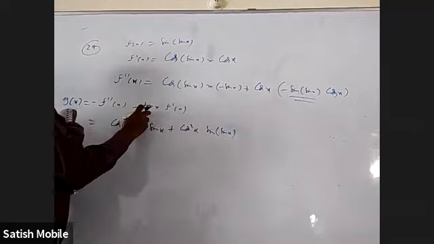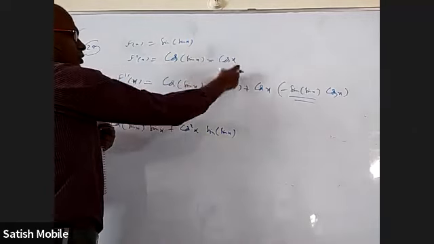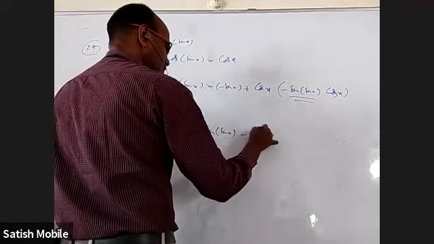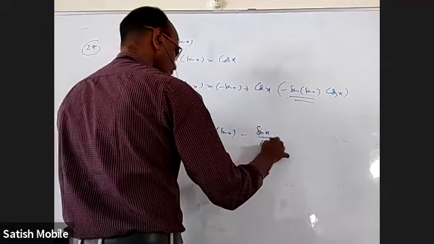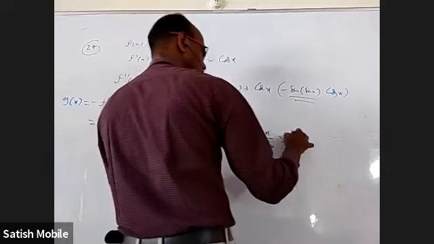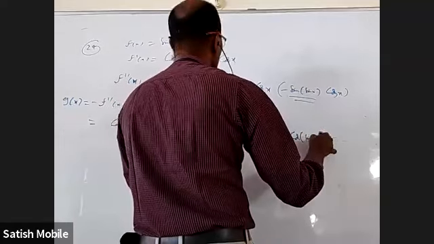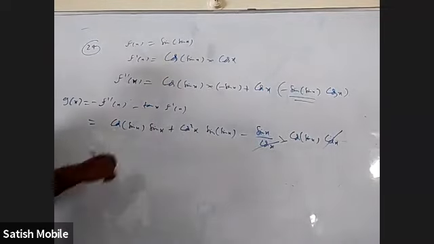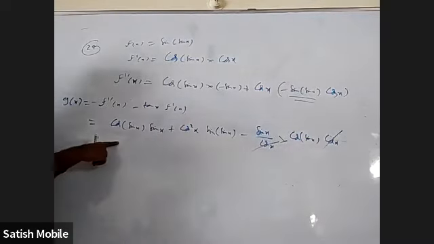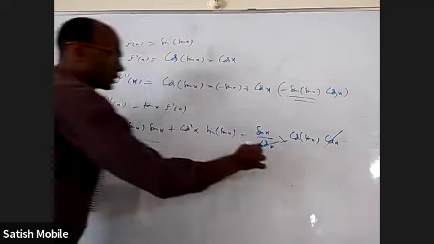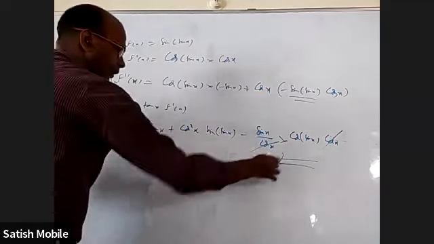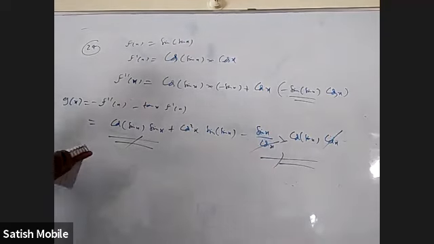Tan x into this. When I multiply tan here, it is sine by cos. Cos will cancel. I'll get minus. Let me write tan x as sine x by cos x into f dash x, which is cos of sine x into cos x. This cos and this cos got cancelled. Even this and this are also the same. This part is the same as this part, so they also got cancelled. I'll be left with only this one. That is the answer: cos square x into sine of sine x. Nothing else.